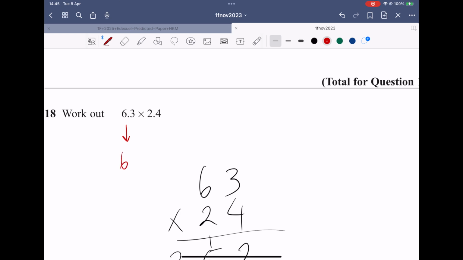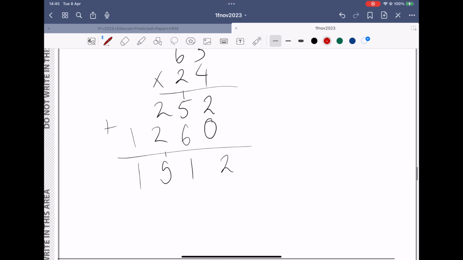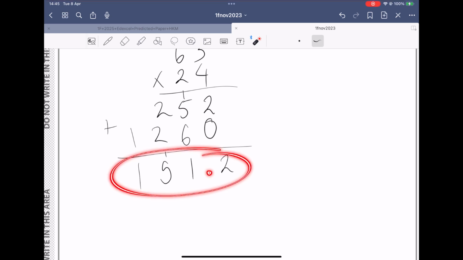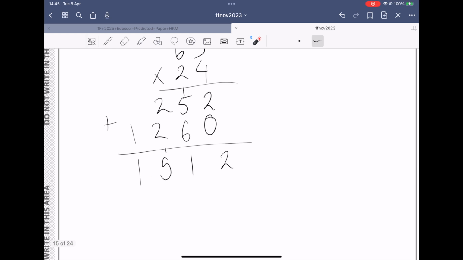6.3, that's pretty much 6, yeah? 2.4, that's pretty much 2. 6 times 2 is 12. So my number's got to be as close to 12 as possible, okay? It's not going to be 151.2, that's way too big. It's not going to be 1.512, too small. But it is going to be